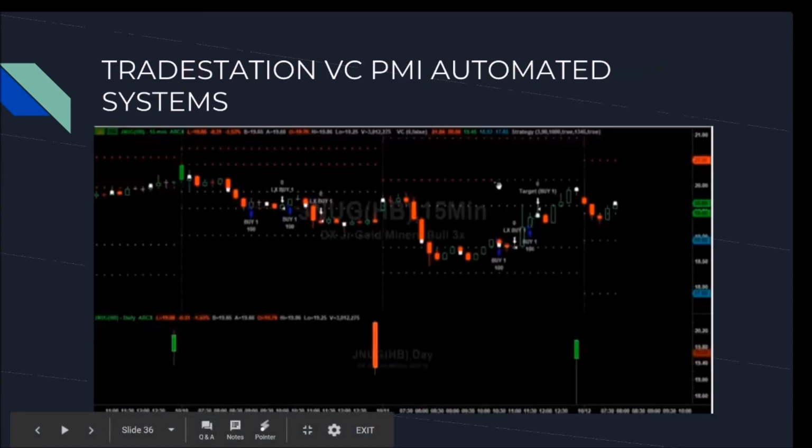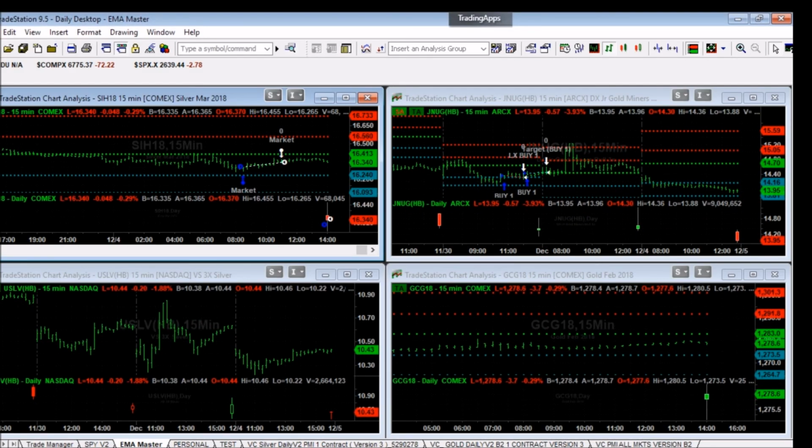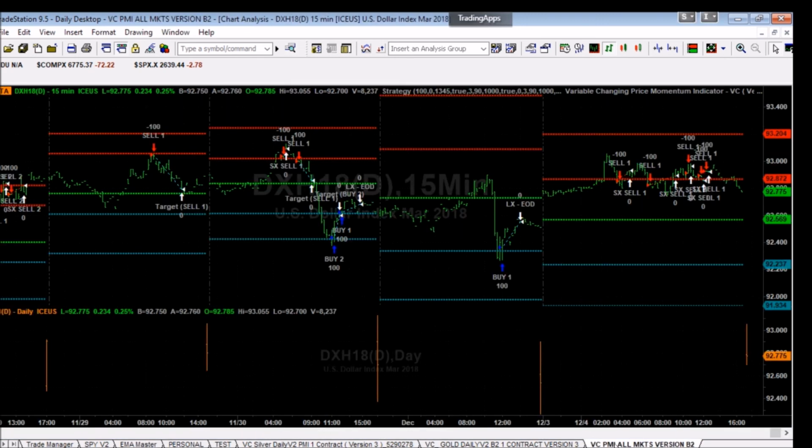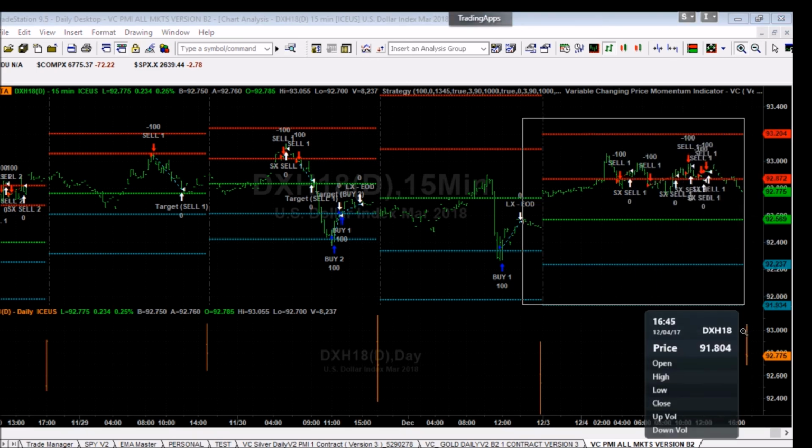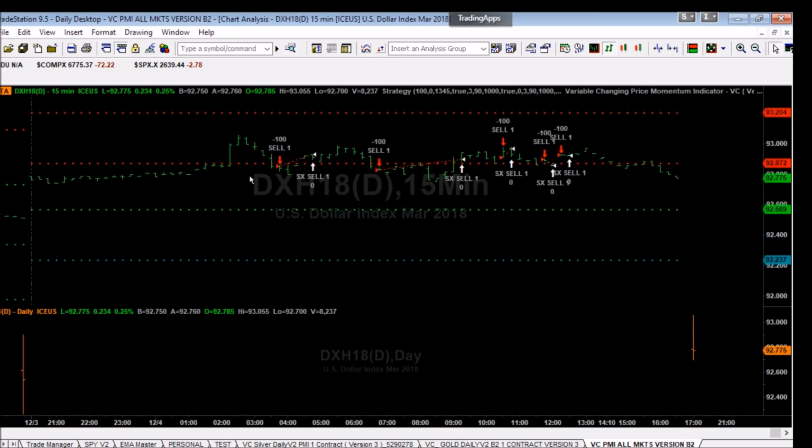We're going to take a look at the TradeStation Live platform that we have right now, and basically see how we use this information in real time. This is the chart that you're looking at for JNUG in real time, and as you can see here, I'm going to zoom in a little more so we can see clearly the signal being activated and when it's activated.